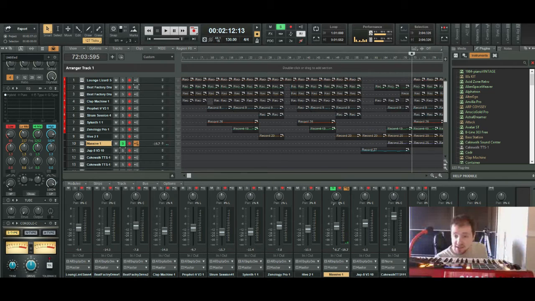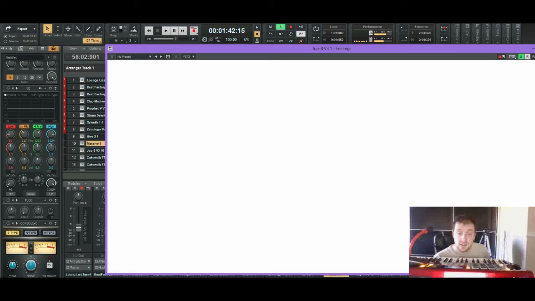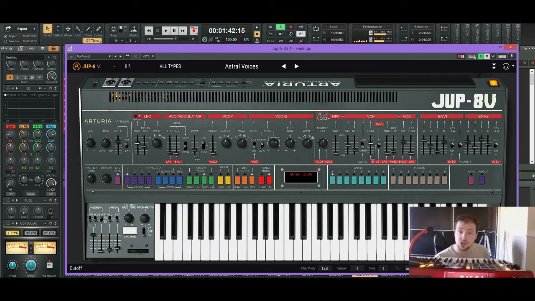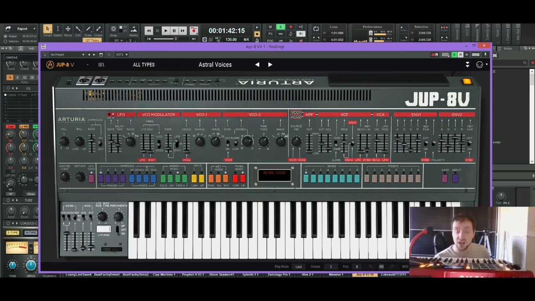So, final track. This is, as I said, I pretty much got the Prophet V along with Jupiter 8 version 3. So, yeah, this is my brand new Arturia Jupiter 8. You won't be seeing the other Jupiter 8 anymore because, I mean, this is now the current version, version 3. The previous one I had was version 2. Now it's pretty much a cross grade, so you'll be seeing this version from now on. Because, I mean, it's now the industry standard for Arturia Jupiter 8.